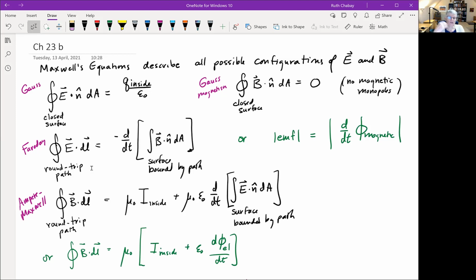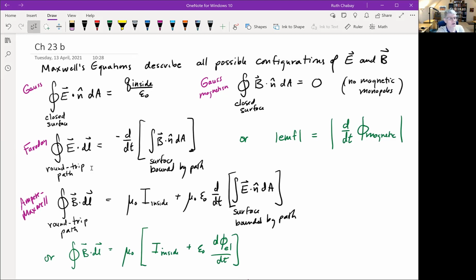That was essentially due to a changing magnetic field, or the way we write it in this equation, a changing, quantitatively, time-varying magnetic flux. In this case, we're talking about some closed path that goes around and comes back, and the flux is on this surface inside the path,